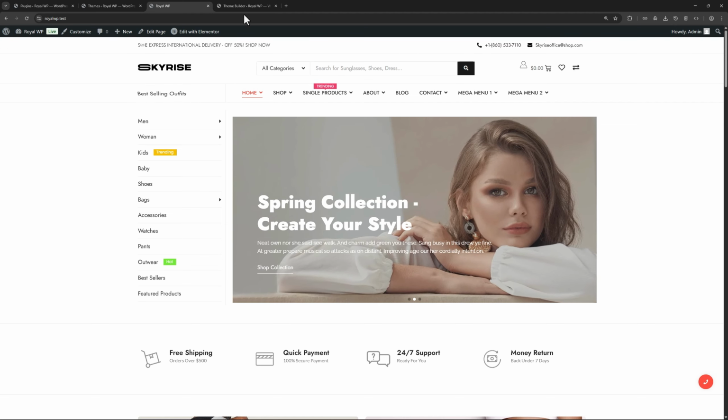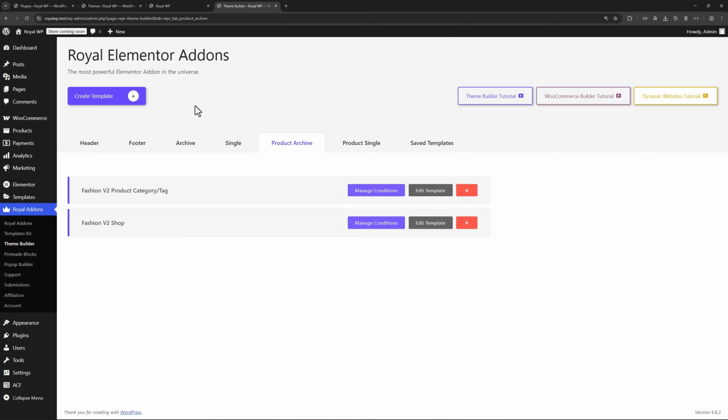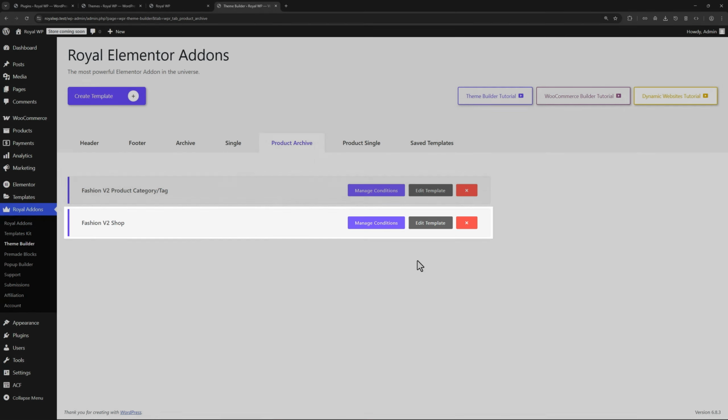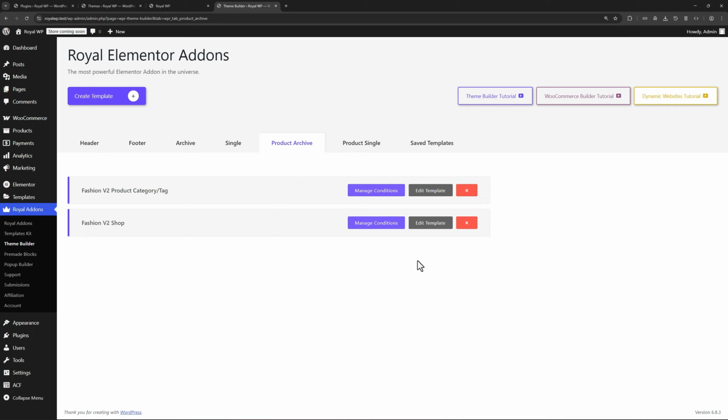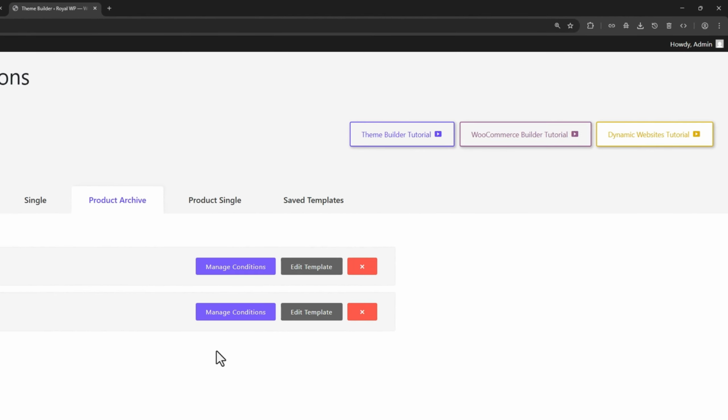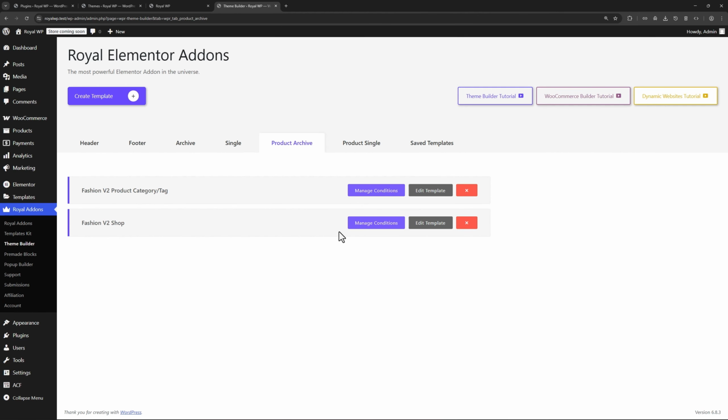I'm going to start the tutorial by editing the shop template. So go to Royal Addons, Theme Builder, Product Archive, and this is the template we need to edit. But if you want to learn more about how to use Theme Builder with WooCommerce, you can click here and watch the comprehensive tutorial. To edit the shop template, click here, Edit Template, which will take you to the Elementor